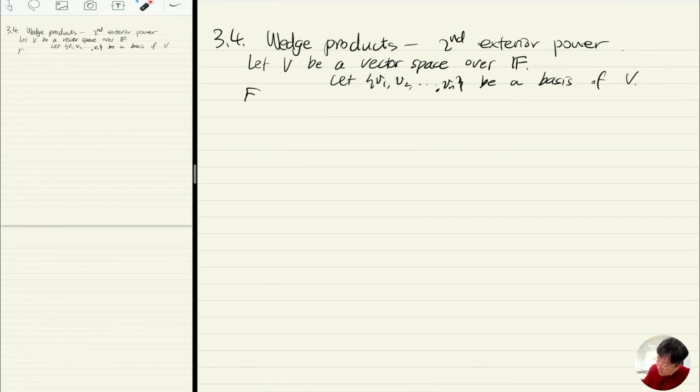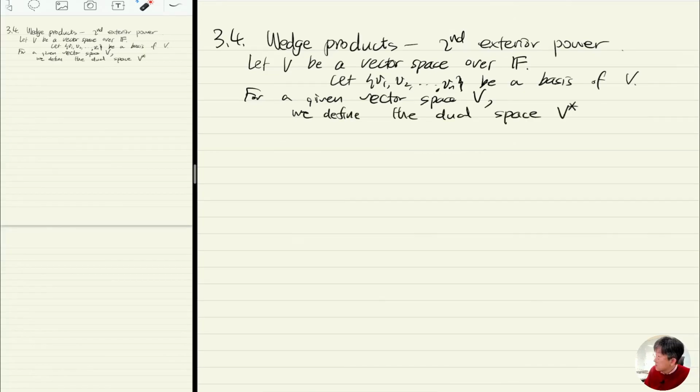And for a given vector space V, we define the dual space, denoted by V star,